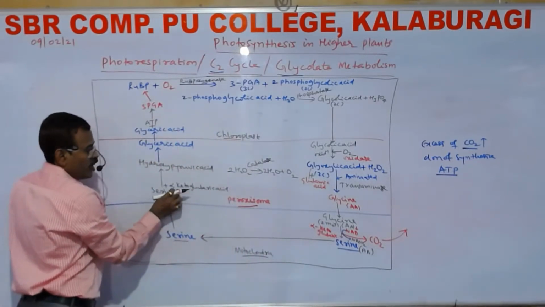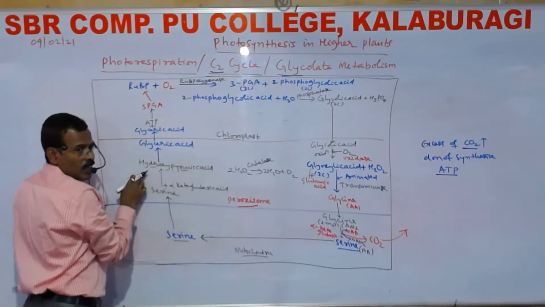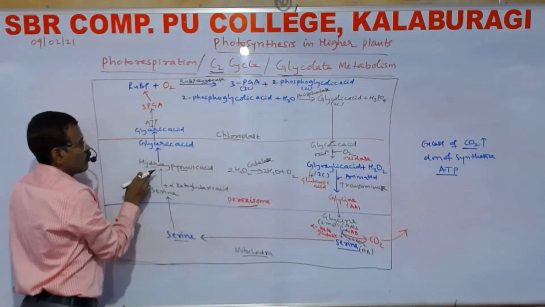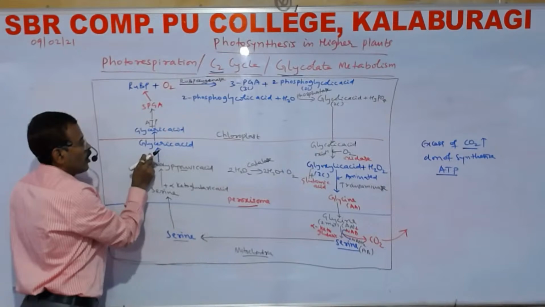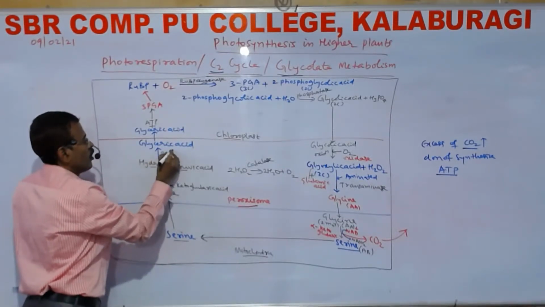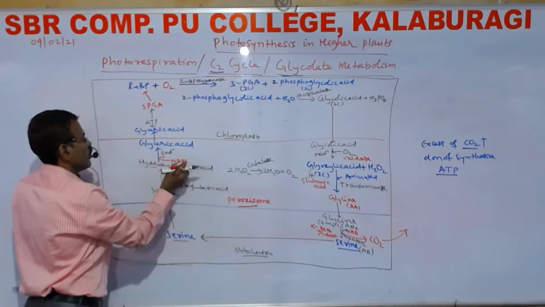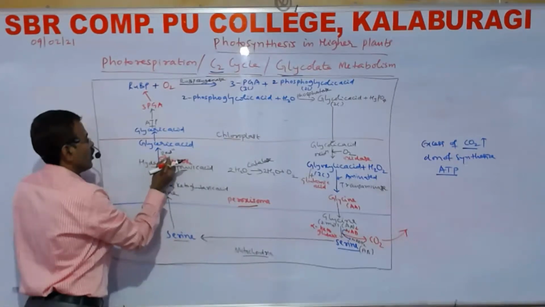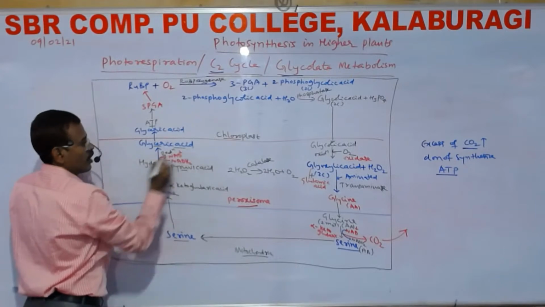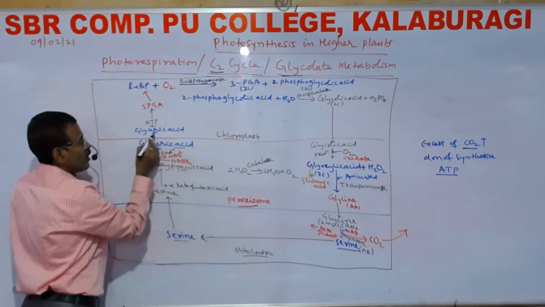So serine combined with alpha ketoglutaric acid, and what is it going to produce? Hydroxy pyruvic acid. Hydroxy pyruvic acid will undergo reduction. Here it will undergo reduction. NADH2 is used, and it will result in NAD plus. You will get glyceric acid. This glyceric acid, which is produced in peroxisome,